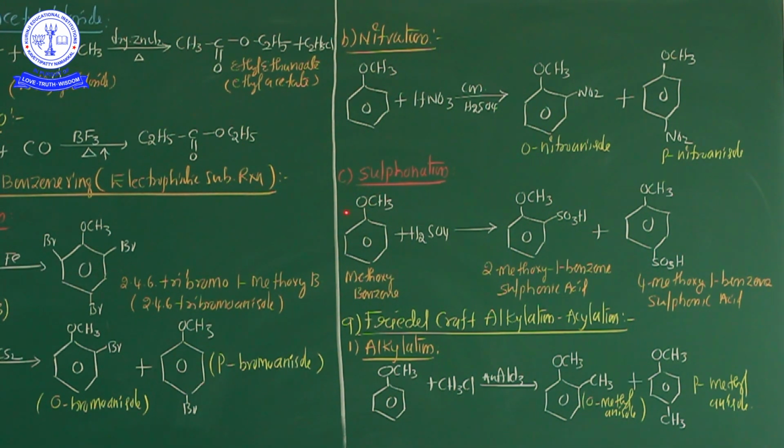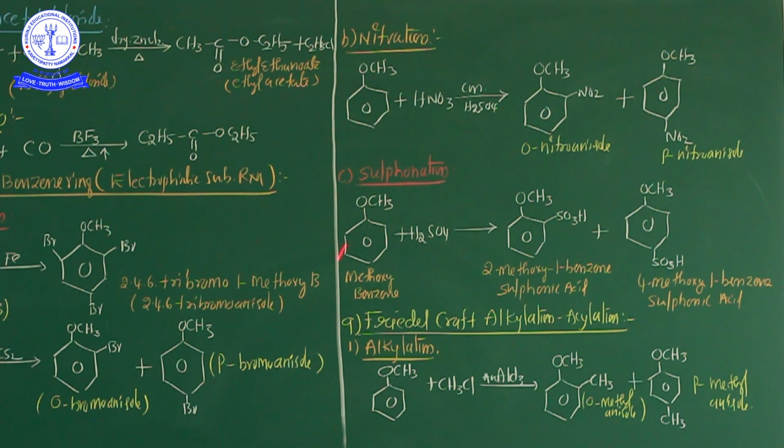Now the third one is sulfonation. It means sulfuric acid is involved. So when treated with concentrated sulfuric acid, anisole undergoes sulfonation to form ortho and para anisole sulfonic acid. This is ortho, this is para. See here, the general name is o-nitroanisole, 2-nitro, because this is 1, this is 2. 2-nitro-1-methoxybenzene. This one is 4-nitro-1-methoxybenzene, or another name is